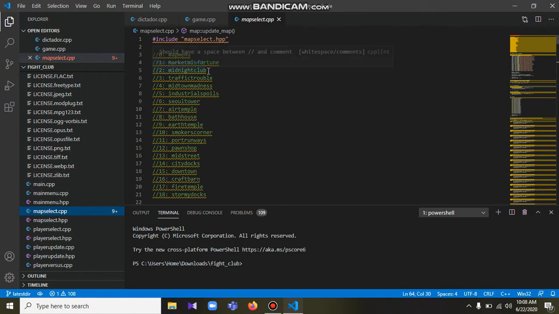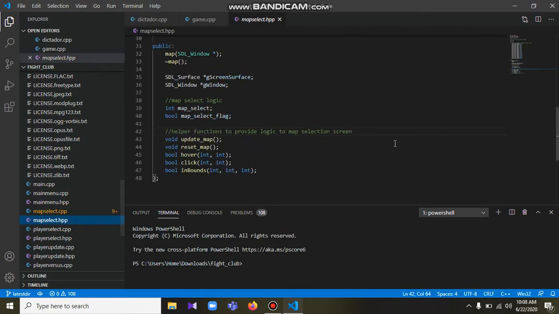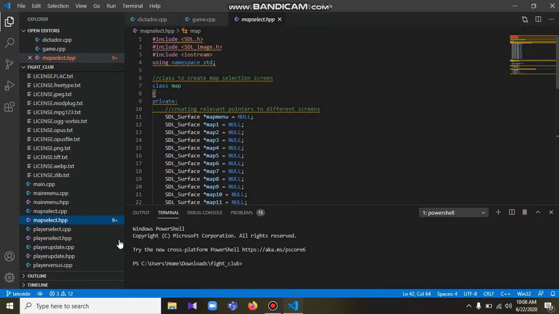These are basically the flags for the map being selected. For example, when you hover over the map, there's this rectangle box around that map, so that is marked by a flag based on the coordinates of the mouse. So these are basically the maps for that screen, and that's pretty much it for the map selection.